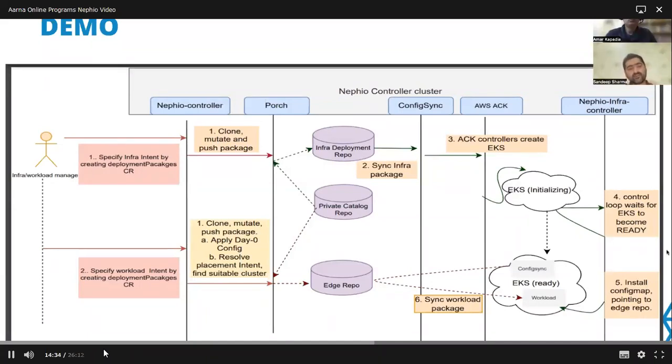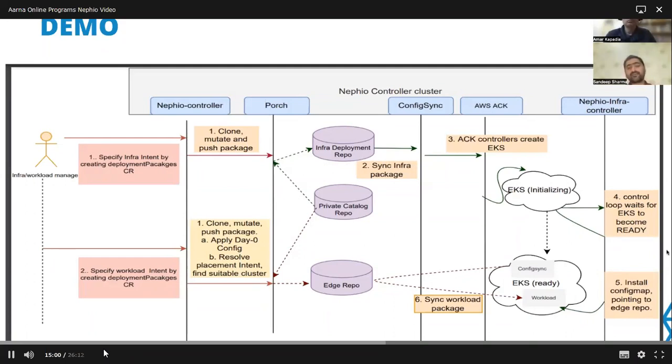And the Nephio controller will download the KPT package, which has the EKS related KRMs, from the private catalog repo. It will perform the mutations, if any, specified in the infra intent. And then the Nephio controller is going to upload the curated package to the infra deployment repo.